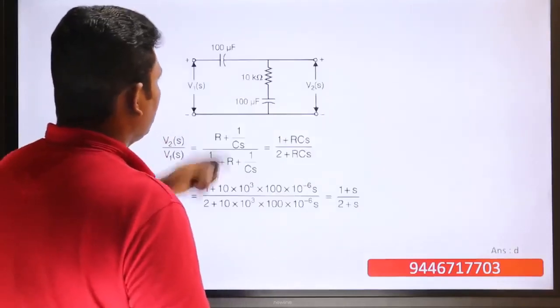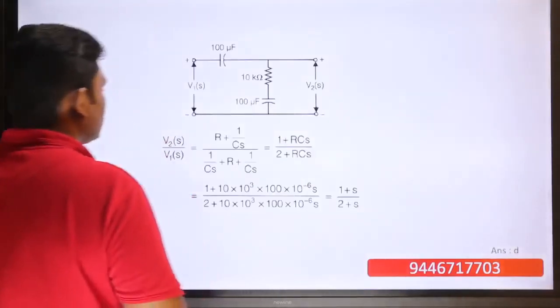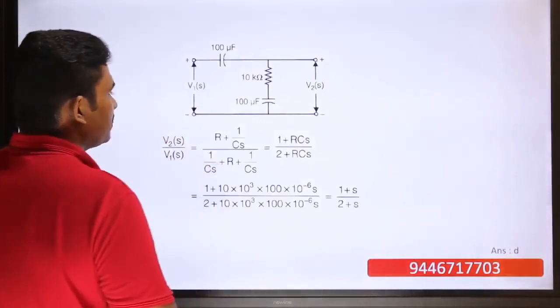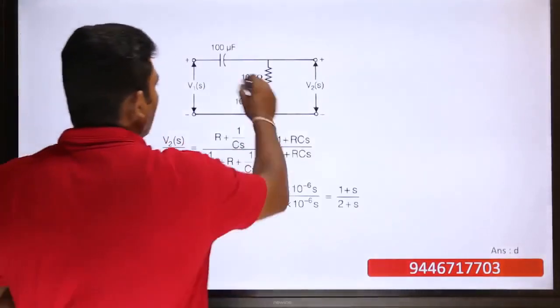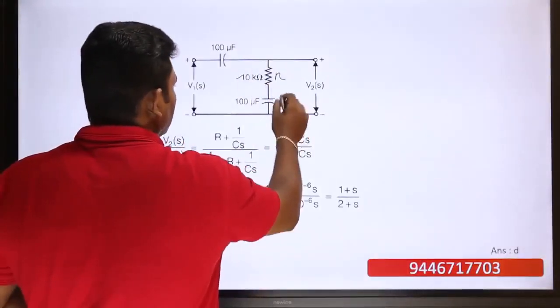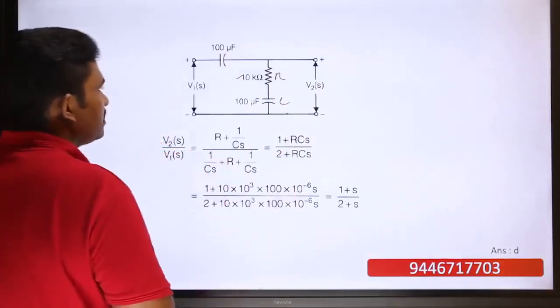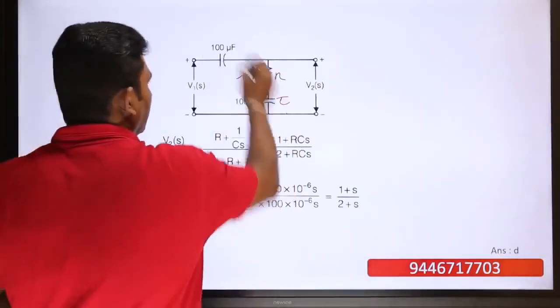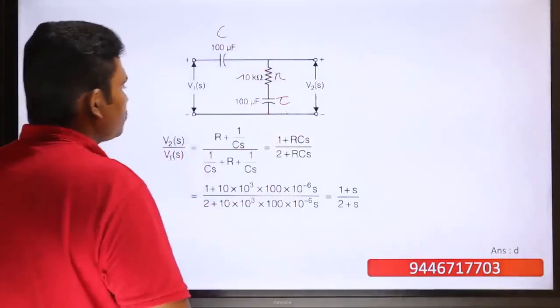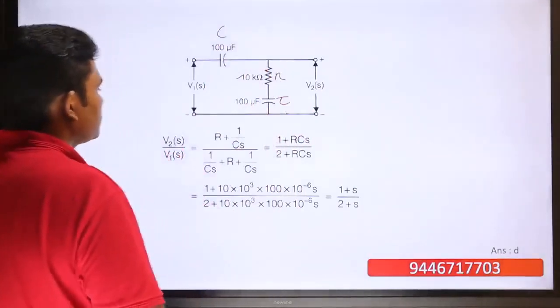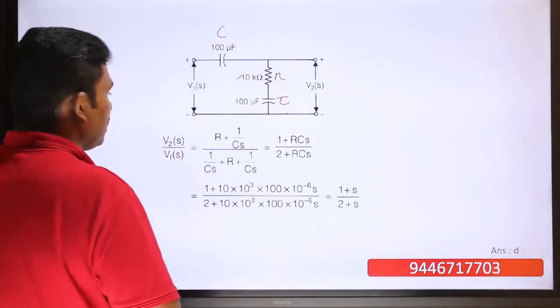So we are going to reduce this expression, and then what is our V2 of s divided by V1 of s? V2 of s divided by V1 of s is R. This is R plus C. This is both 100 microfarad, so we will take both of them to be C. So it is R plus 1 divided by CS plus 1 by CS plus R plus 1 by